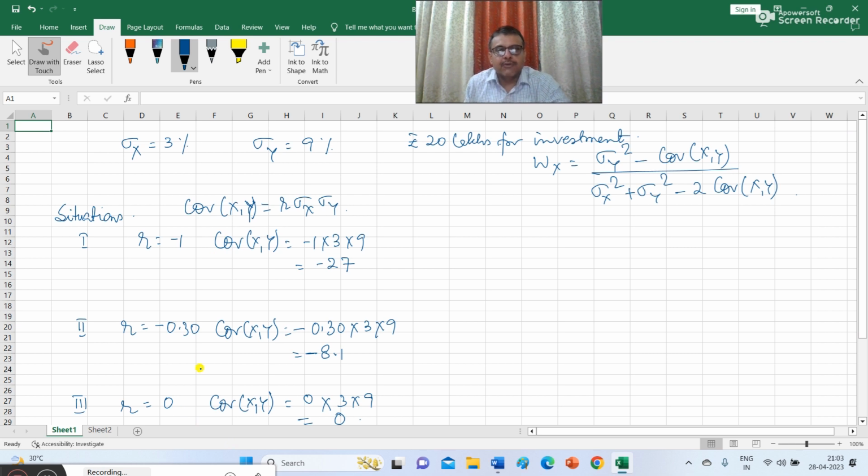So we have calculated the value of cov xy under four different situations where R, that is the correlation coefficient, is given. Now how much do you need to invest in Wx? In the first situation, we are calculating the value of Wx. You just put the values in this formula: 9 square minus 27 divided by 3 square plus 9 square minus 2 into minus 27. You will get 81 plus 27 by 9 plus 81 plus 54. So the value of Wx is